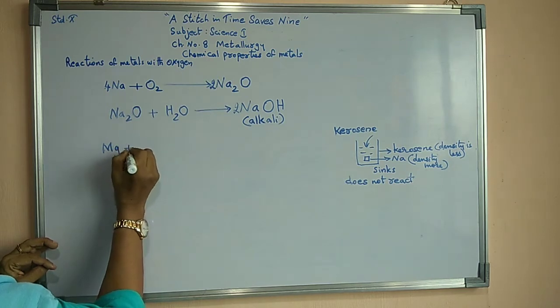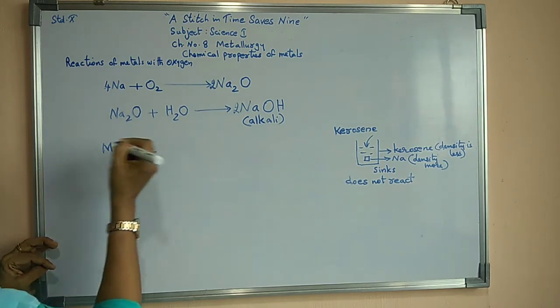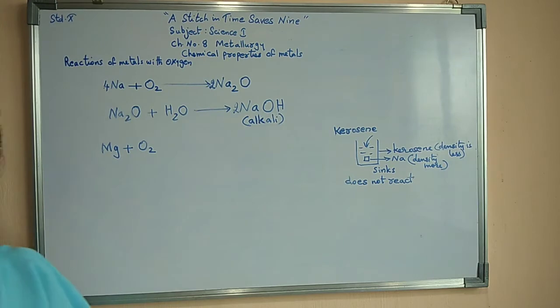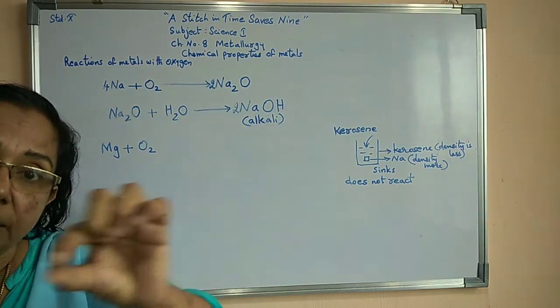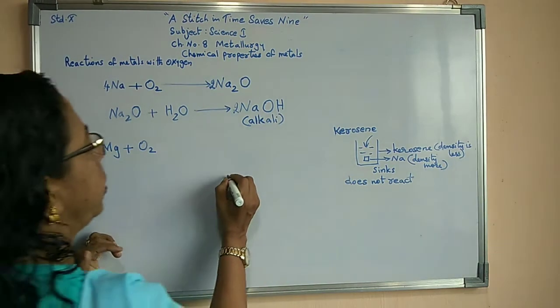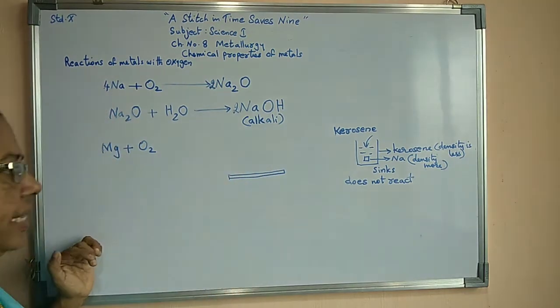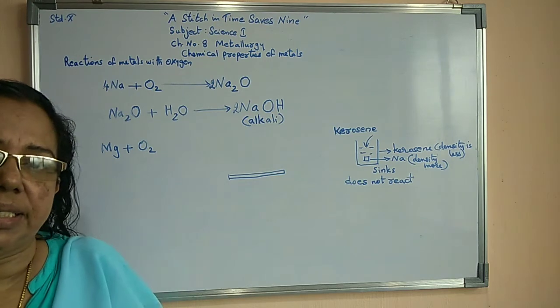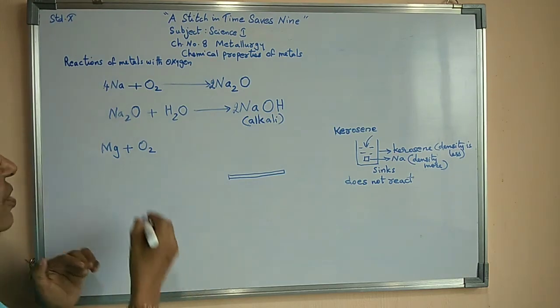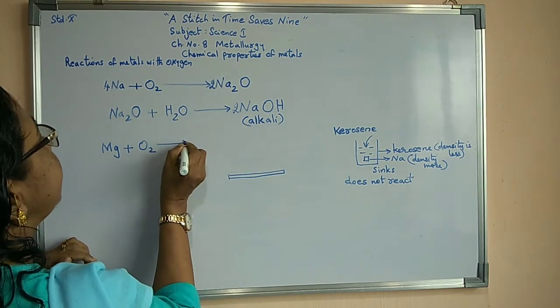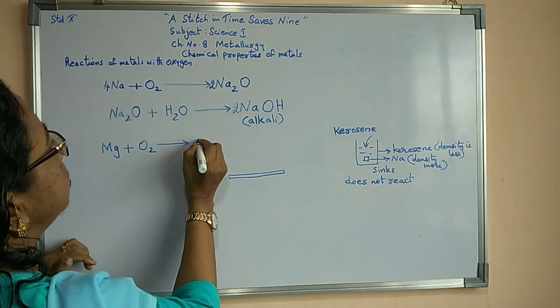Magnesium can react with oxygen when it burns. That means if you take a ribbon, a thin piece of magnesium, and burn it, then it reacts with the oxygen. As a result of it, it produces